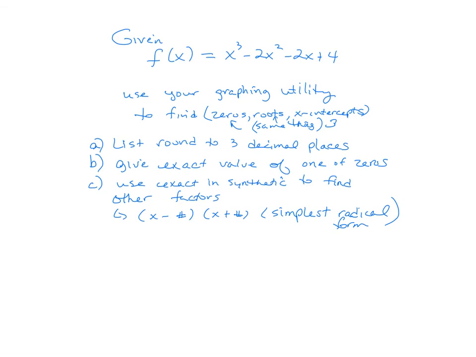Now, in WebAssign, it's not going to give you one of the zeros. The way that you're going to get one of the zeros to do your synthetic division is you're going to key it in a graphing calculator. So if you want to key it in Desmos, then just touch the gray dots. That'll give you the ordered pair or the solution that you need to do synthetic division with. Now, if you go to your next slide,